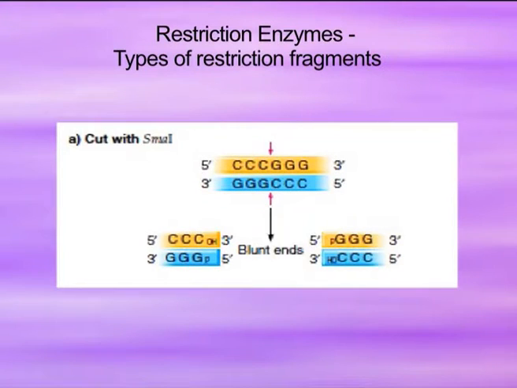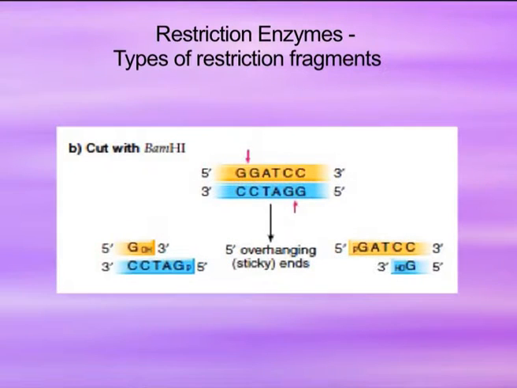The first one is SmaI. SmaI, on recognizing its own restriction sites, cleaves the DNA and produces blunt ends. Blunt ends means there are no overhanging single-stranded DNA. On the other hand, if a cut is made with BamHI, it recognizes the recognition site, and as we can